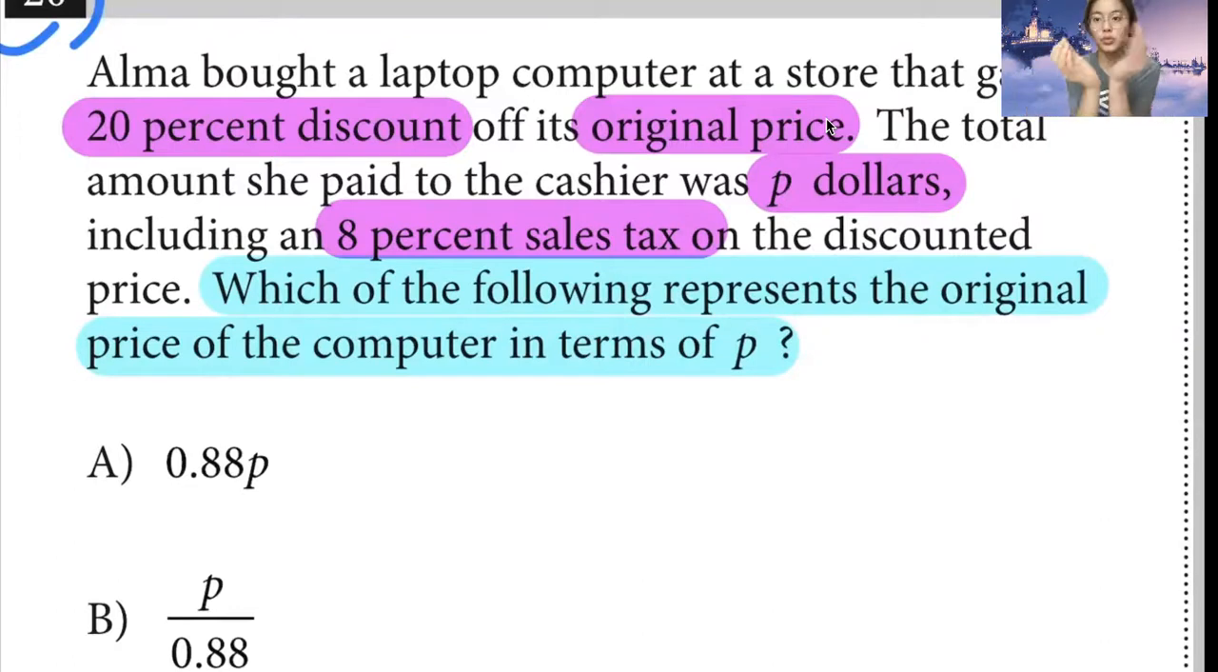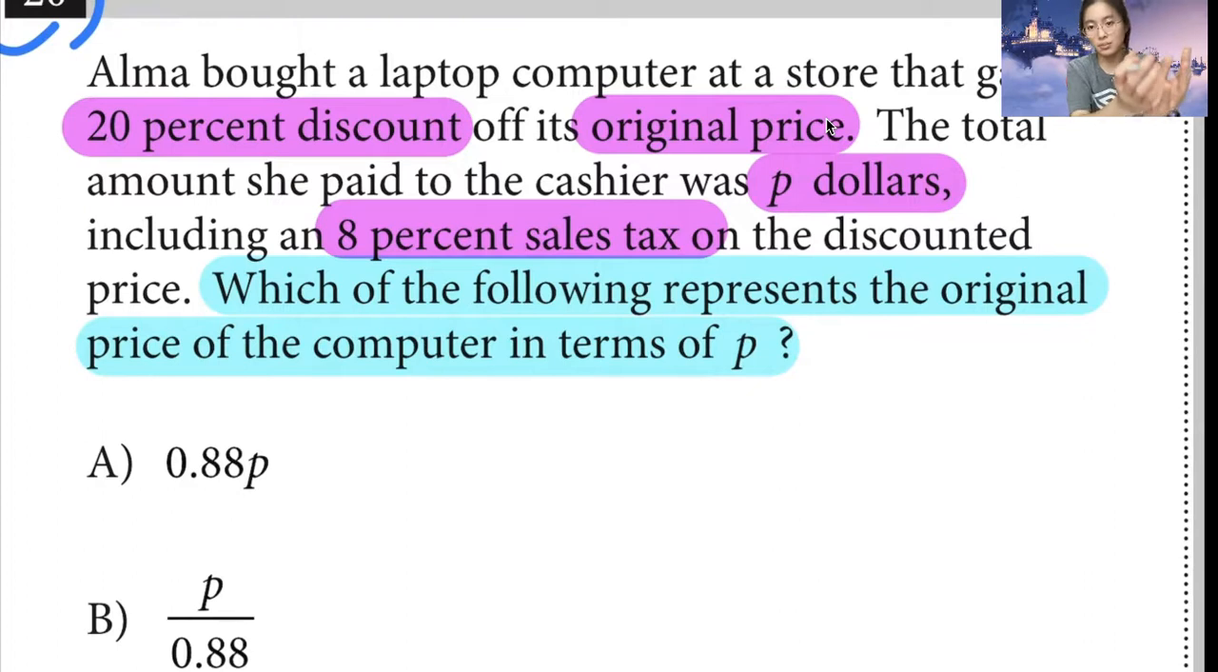So there's this original price. You can express it as X or as O if you want. So that's the original price. And the total was P dollars. So everything needs to equal P dollars, okay? And College Board is messing with your head right here by saying this in a really confusing way. So including an 8% sales tax, which means 8% sales tax on